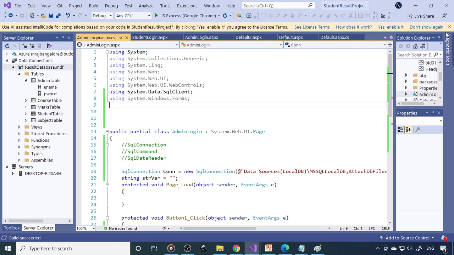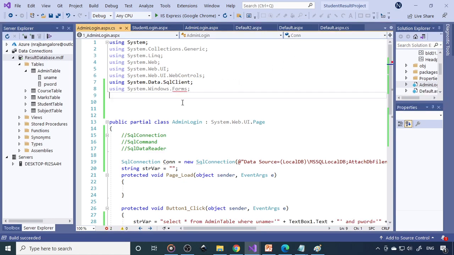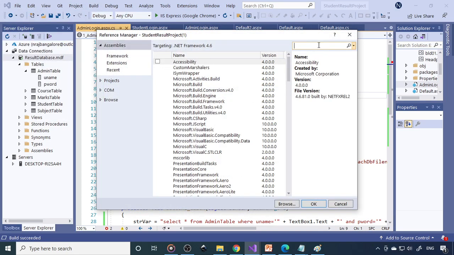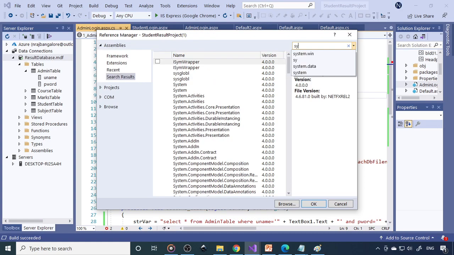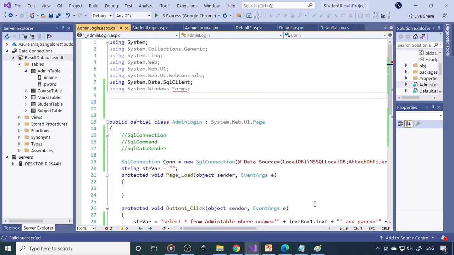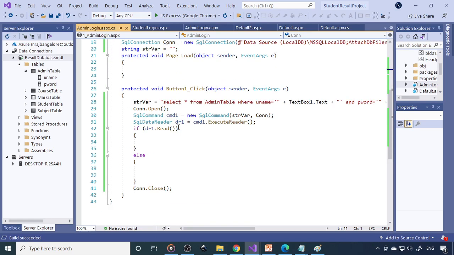Okay, so we can rebuild it. Okay, selected here. Yeah, so now it's okay, it's accepted. Now we can use the message box.